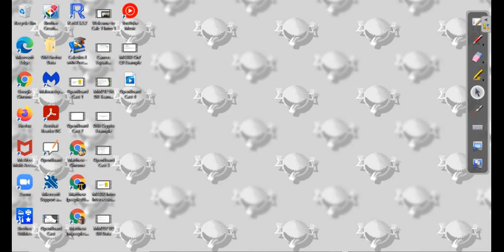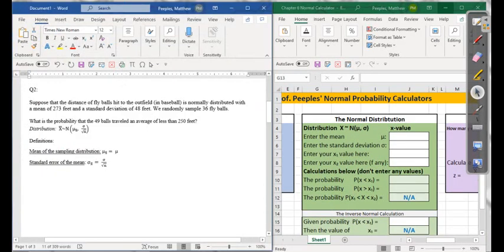So let me get my calculator out. Let's look at the problem. When we enter the mean, of course, we're going to enter our 273 feet that we were told of in the problem. For our standard deviation, instead of entering our 48 feet, what we're going to do is we're going to enter